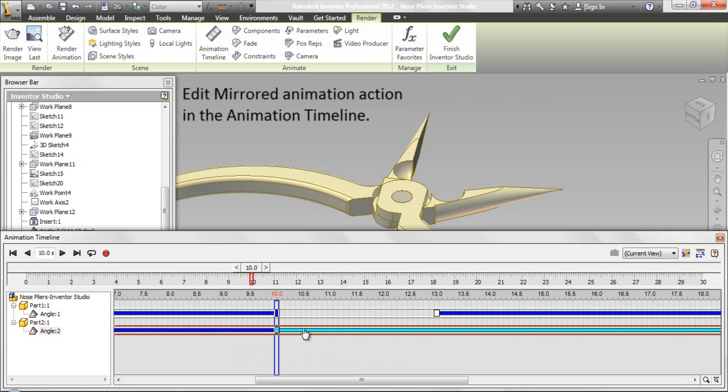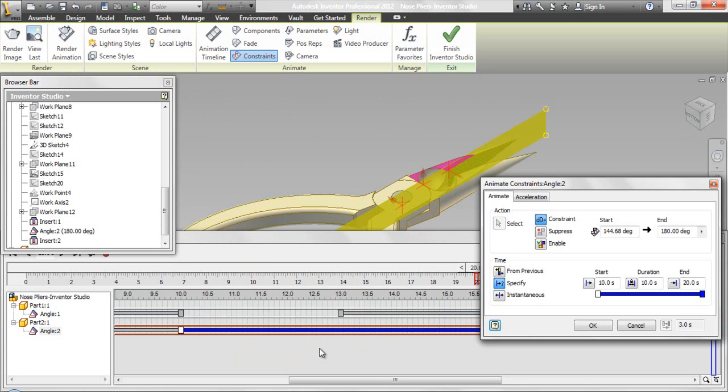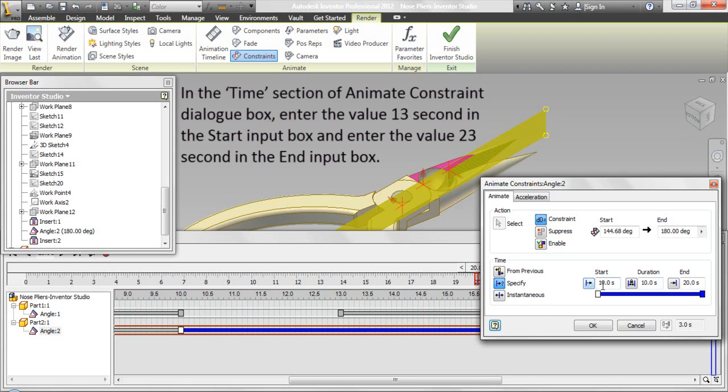Edit mirrored animation action in the animation timeline. In the Time section of Animate Constraint dialog box, enter the value 13 seconds in the start input box and enter the value 23 seconds in the end input box.